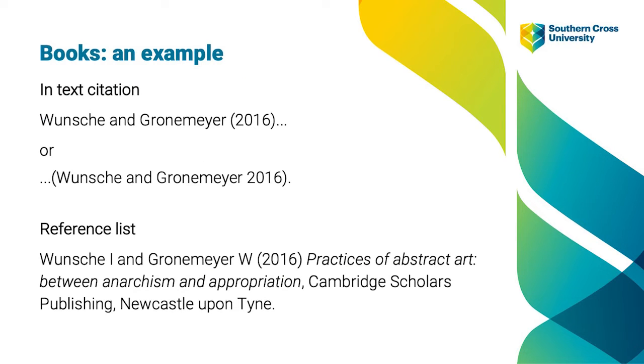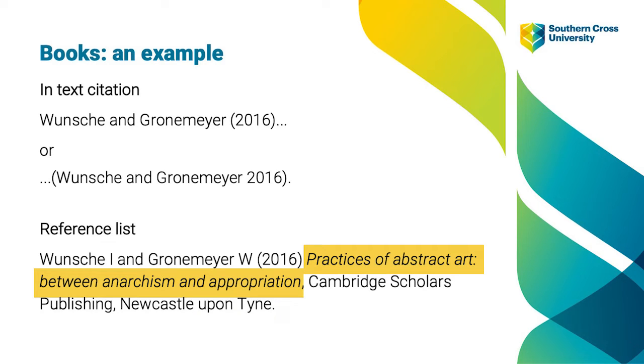So let's have a look at how our book fits with this format. First, we have the author's last names and their initials. Our book has only two authors, so we simply use an "and" before the last author's name, not a comma. See that after the last author's initial, we have a space before the year of publication. Then, after the year of publication, we have the title of the book, which is in italics and sentence case.